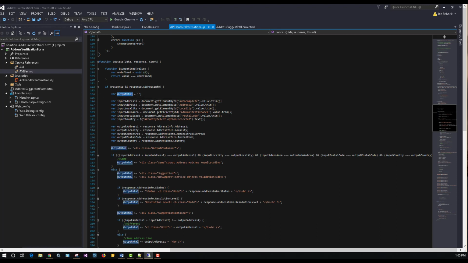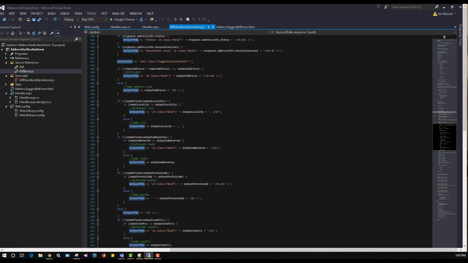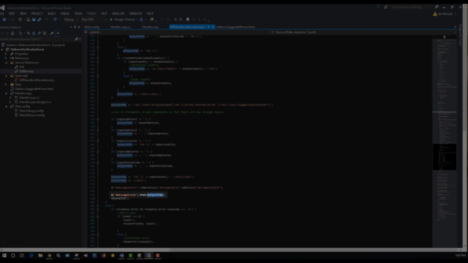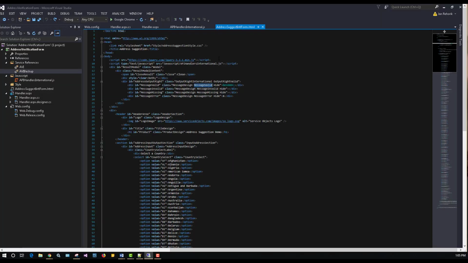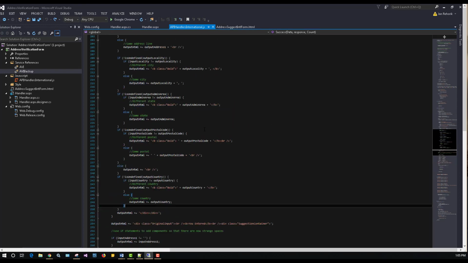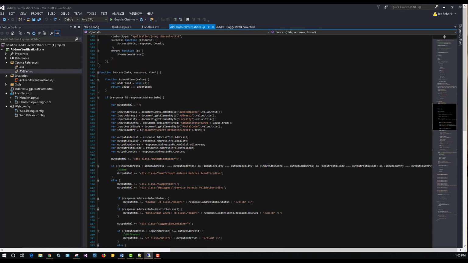string HTML output. We're going to use the string HTML output later on to inject back into a div that we have on the main page. Let me see if I can find that. There, I have it highlighted here already for us. So this div, we're going to try to populate that with the string HTML that we have in the JavaScript here. So moving back up, we're going to be populating the HTML output with string HTML that we're going to